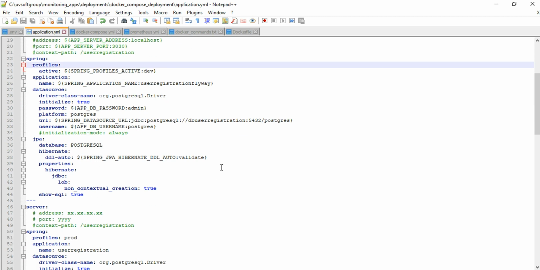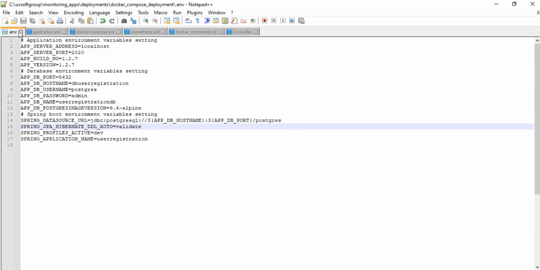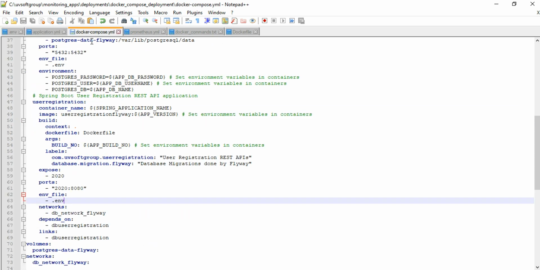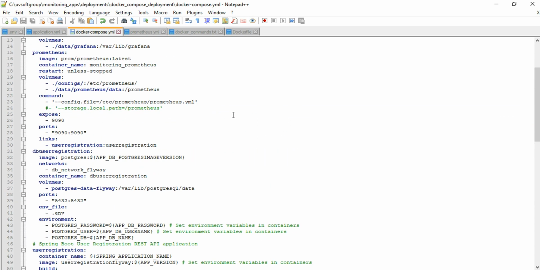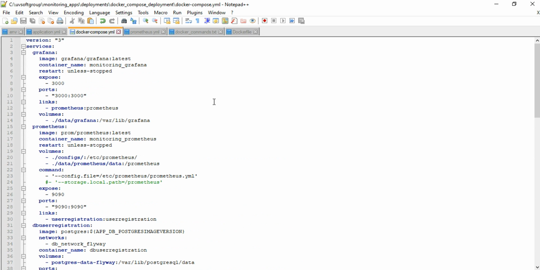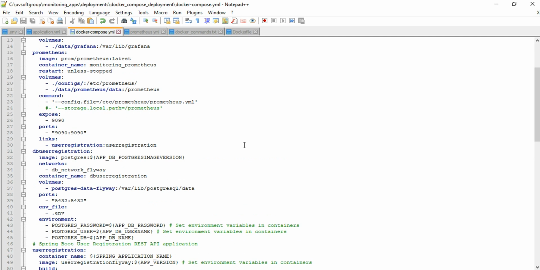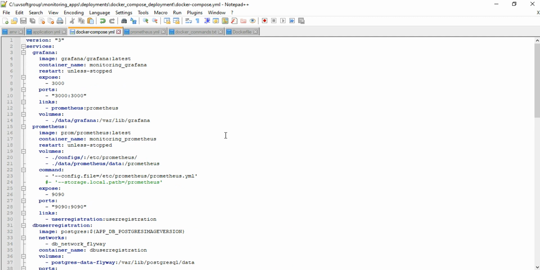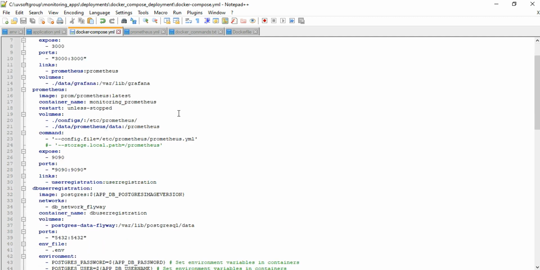How can you write down your environmental variables and call those variables into your application YAML files, and also call them into your Docker Compose file, building your Docker Compose file based on that? That will need to be discussed together. How can you build such a Docker Compose configuration? We will discuss it in a little more detail in the next screencast.